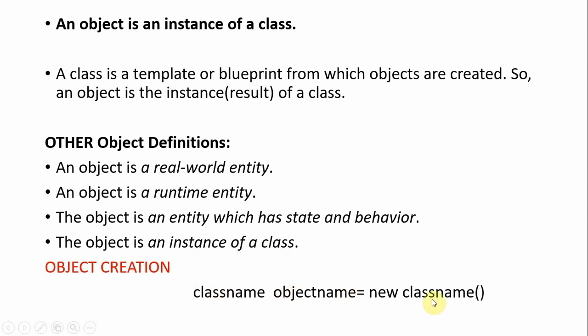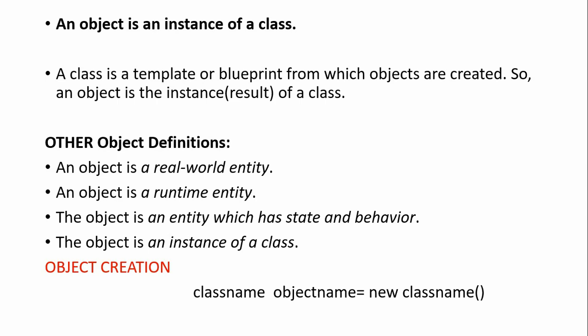This is the syntax we have: class name, object name equal to new class name, and there we use parentheses. A class name alone is just a class name; if you add parentheses, it becomes a method. This is the predefined syntax for creation of an object. Class name, then the object name, which may be any name, then the assignment operator, and new is a keyword, which we will discuss. The class name we again have to specify, but here we mention the parentheses.